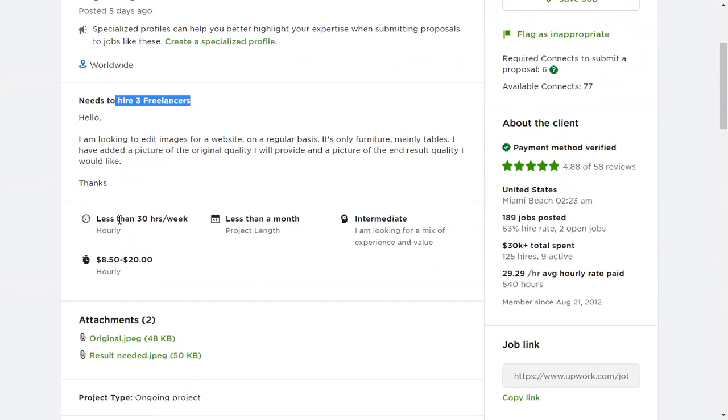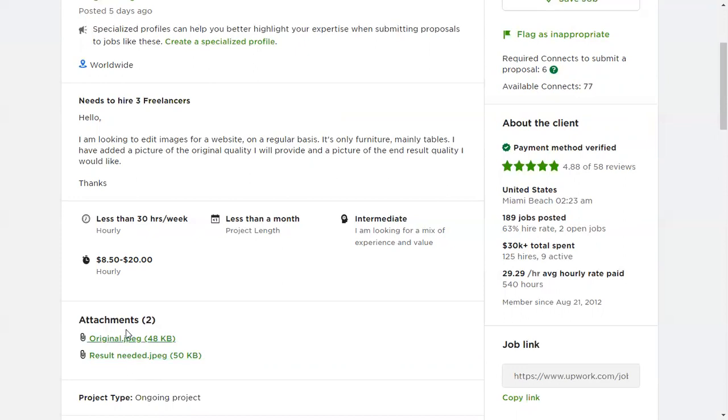So again, do you see that the client has offered approximately $8.52 to $20 an hour, which comes to around $14 to $28, approximately $15 per hour. And if your hourly rate is approximately $15 per hour, I assume you have a very good opportunity applying against these kinds of projects.